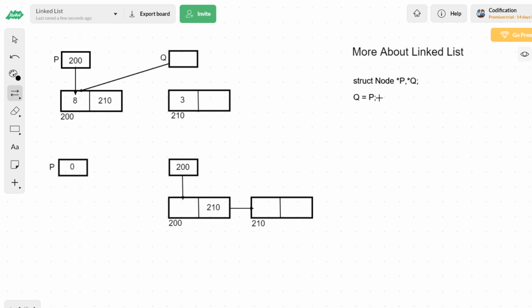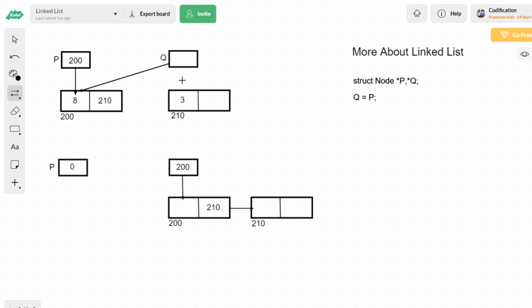Okay, next thing. Now I don't want q to refer to the first node. I want the q pointer to refer to the second node now. We have made it very simple already. If a particular pointer should refer to a node, then the address of that node should be stored inside the pointer. Now, instead of q pointing to the first node, we want to make q point to the second node.